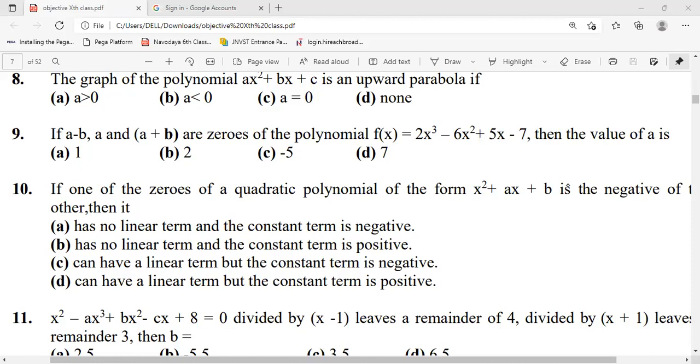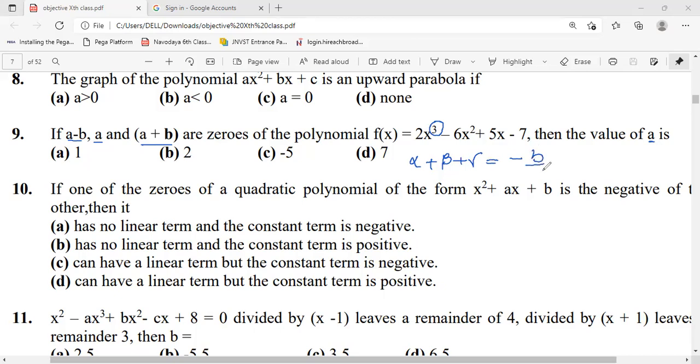a minus b, a and a plus b are the zeros of the polynomial f of x. That means the highest degree is 3, so it will have three zeros. The three zeros are a minus b, a and a plus b. Then they are asking for the value of a, a very simple question. This is a cubic polynomial, and the zeros are given, and we have the polynomial also. So if you use the sum of the zeros,